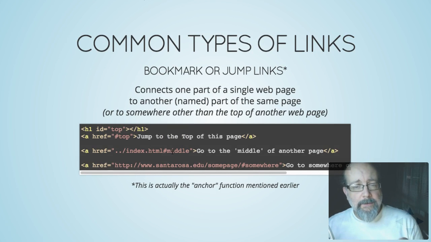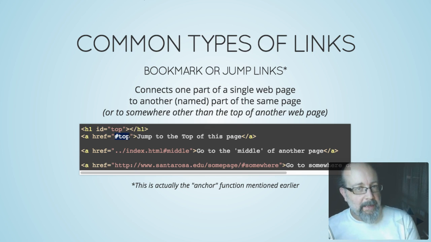The next type are these bookmark or jump links. These are actually what the anchor function referred to originally. It connects one part of a single web page to another part, sometimes of the same page and sometimes of another page. The way it ends up looking, if you look on the screen, you see a highlight. It's this hash top, or hash. This idea of what looks like a hashtag ends up being kind of a